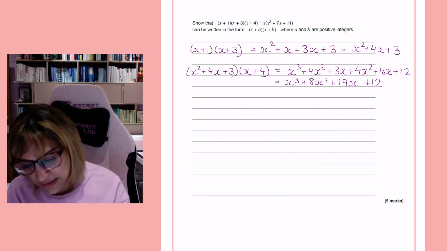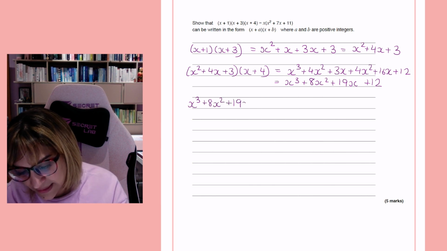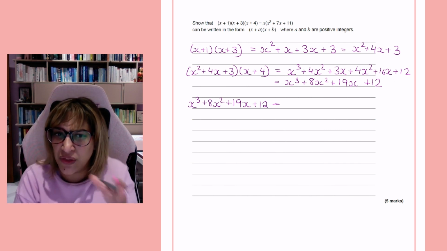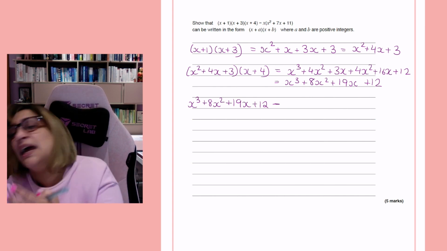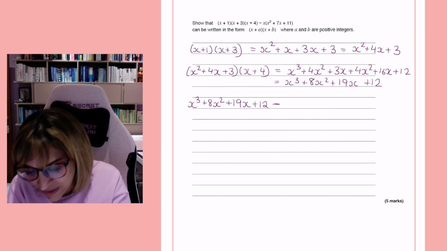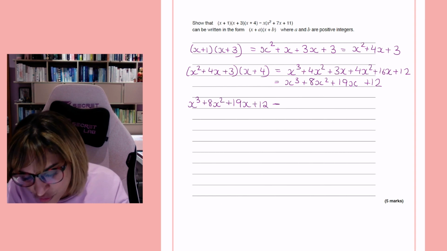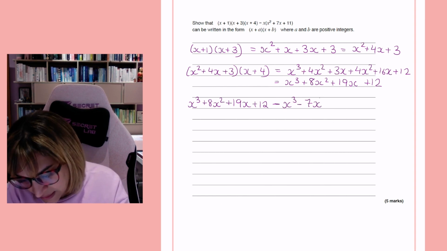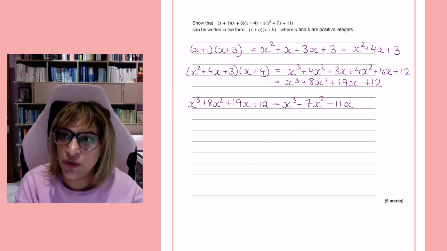So we've got the other 2 marks to get, and we take what we've done, 19x plus 12 minus, and remember it's the whole thing minused. So what I would do is actually take every number and every value, or not numbers, every letter or expression within that bracket and multiply it by minus x. So you're not doing too many lines and you're not confusing yourself. Because if you're going to go wrong on this, the likelihood would be that you would go wrong when you're